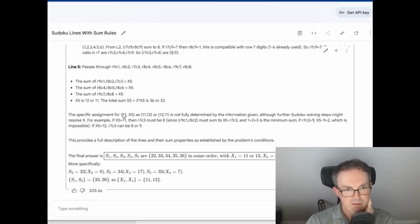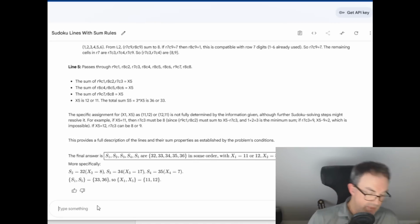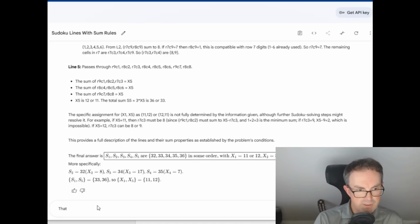Okay. Now, could you solve the problem? Or is it not going to try? Maybe it's not going to try. The final answer. Or maybe I didn't ask it to try. I can't remember. That's extremely clever. I will be polite to it. Extremely